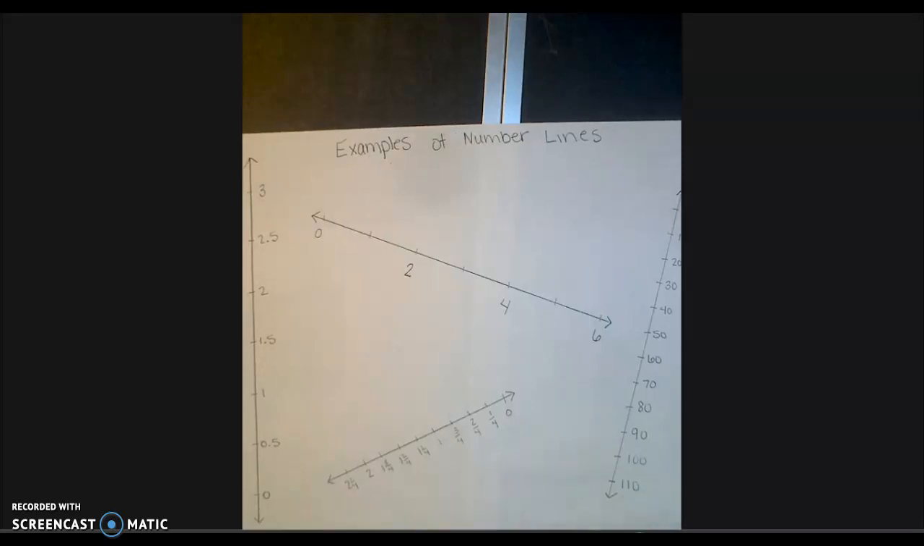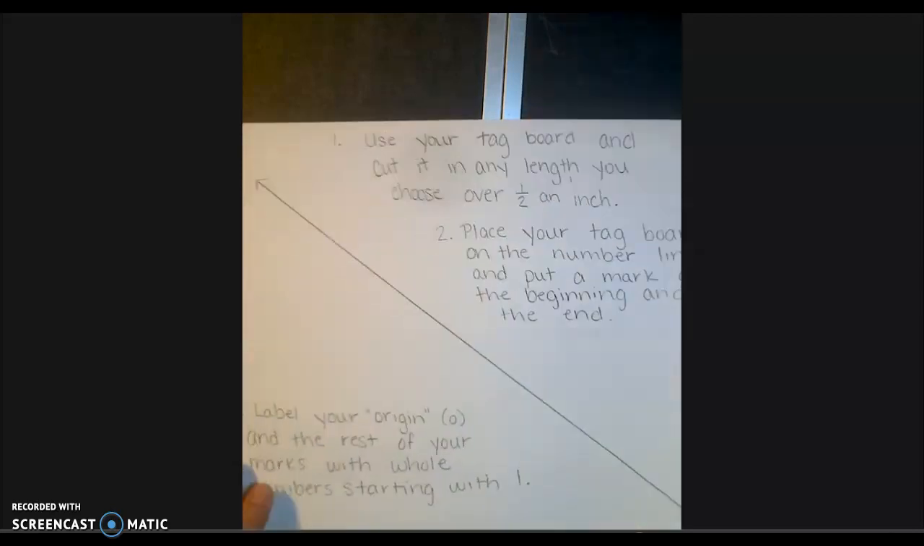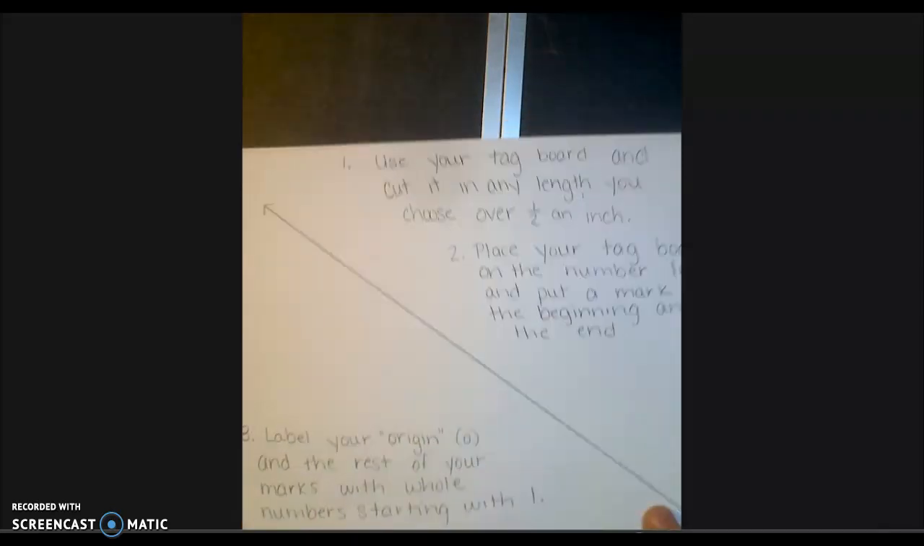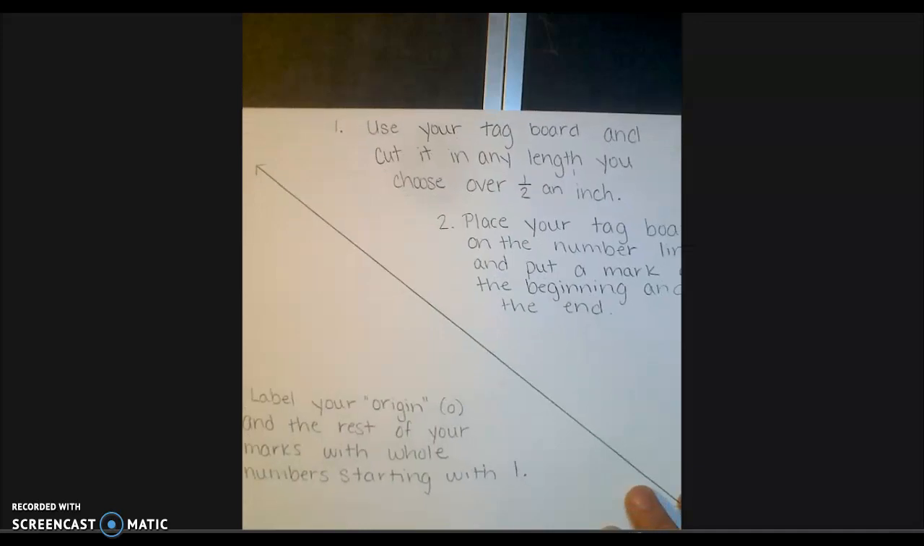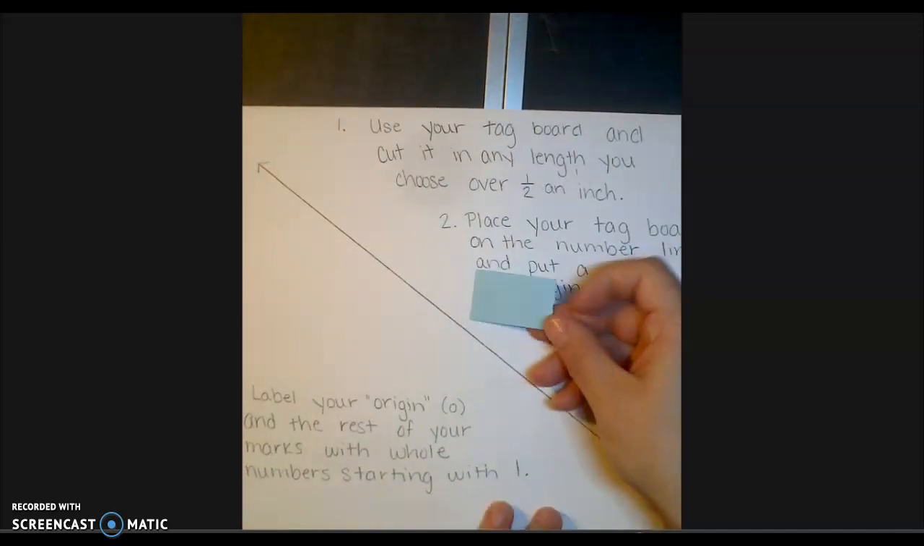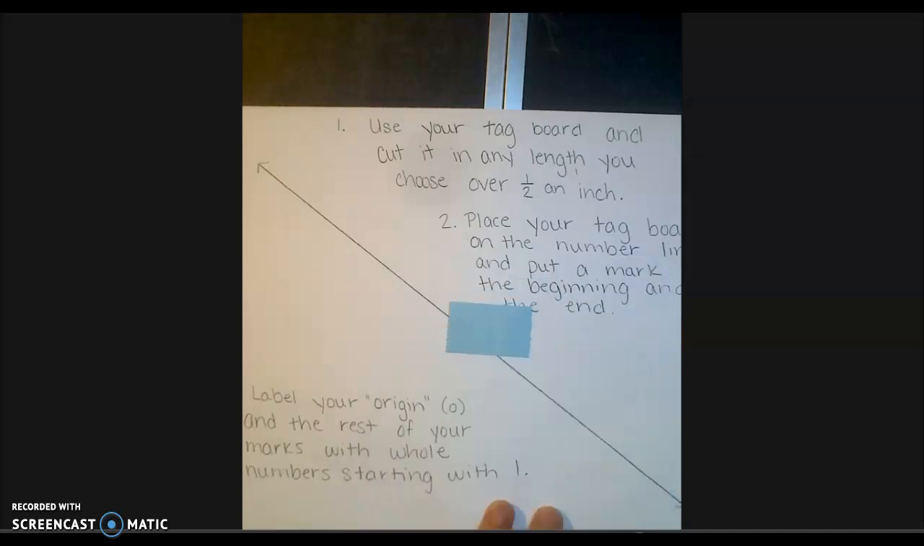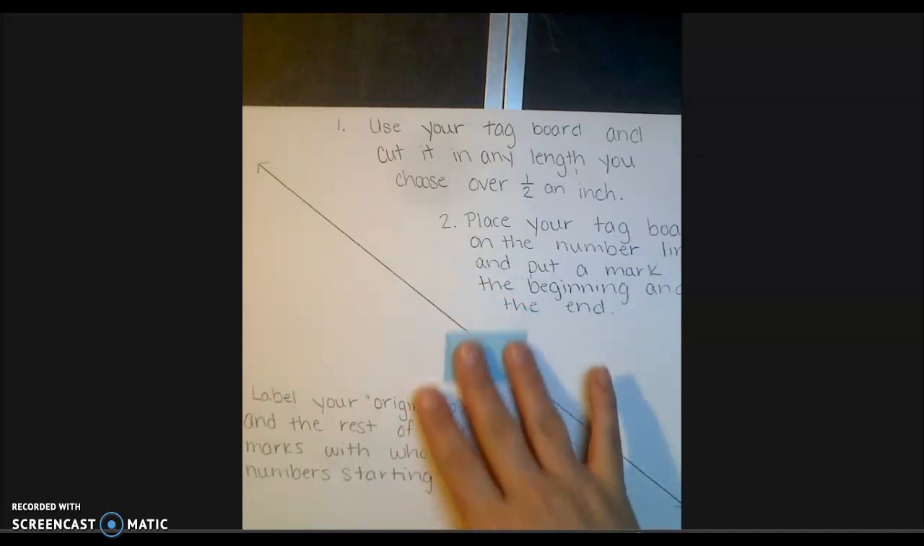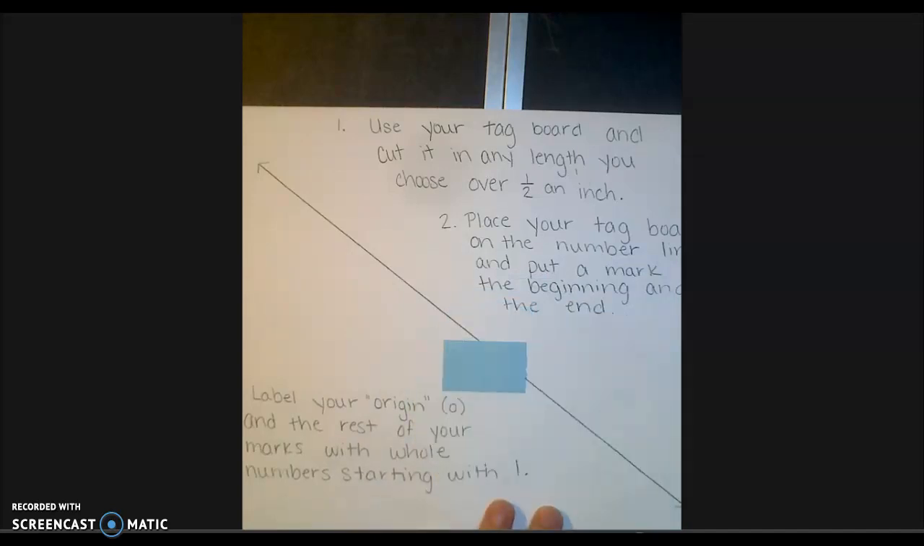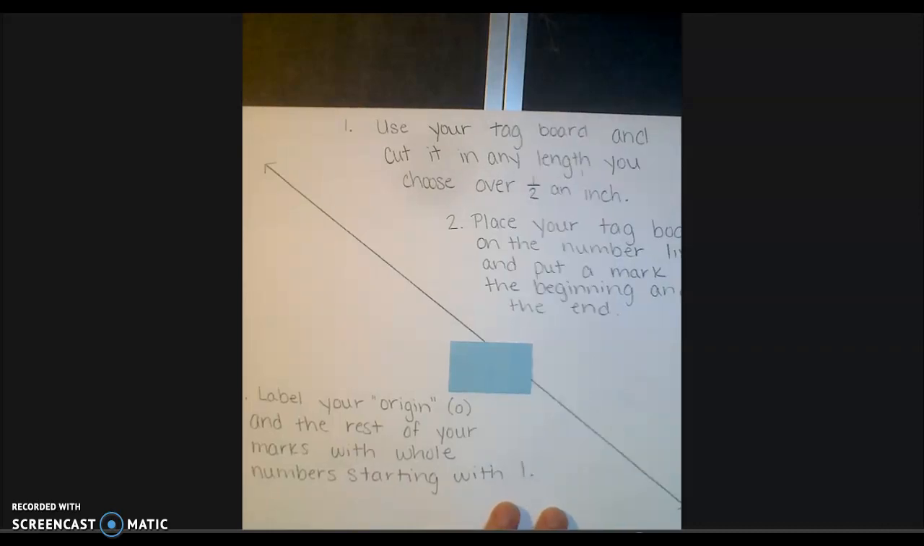The next thing we have is our activity for today. So, our job is to use our tag board and cut it in any length over 1/2 inch. I have already done that for you. This is our piece of tag board that we're going to be using today for this activity. We're going to place our tag board on our number line and put marks at the beginning and end of